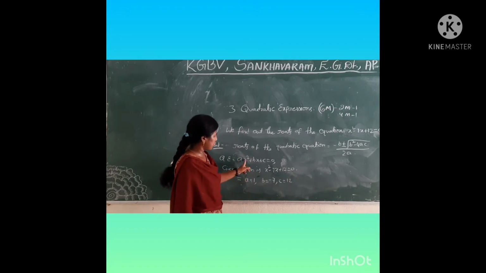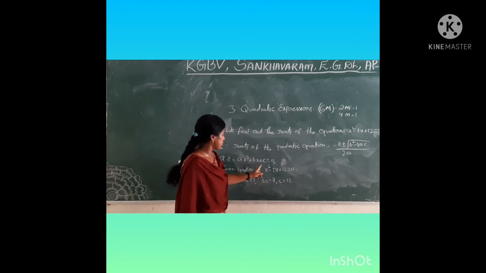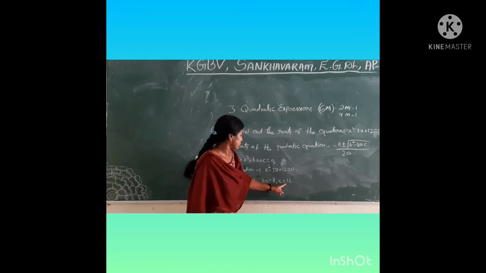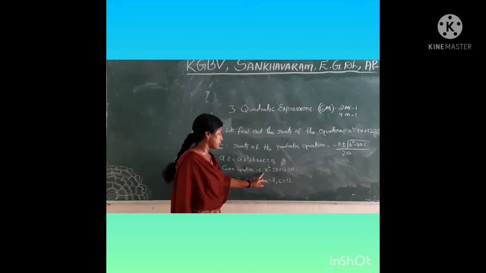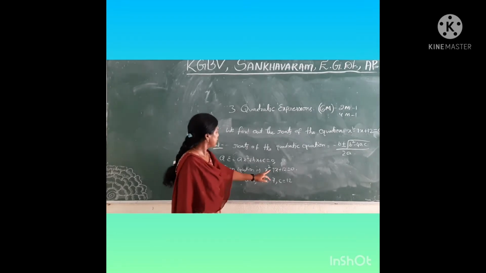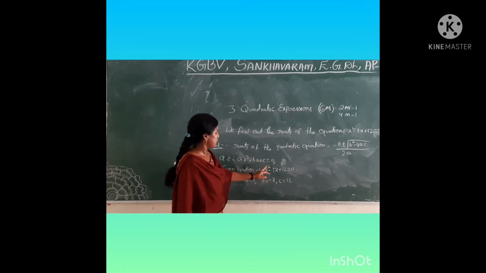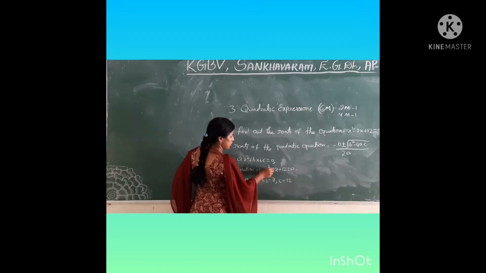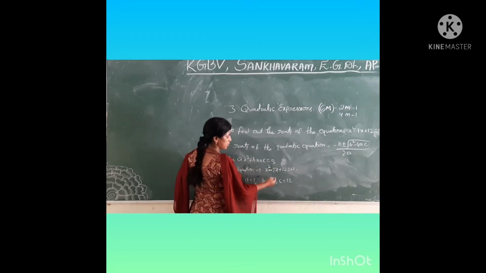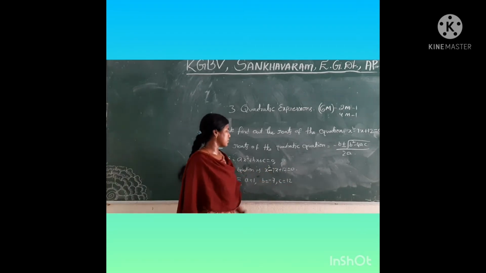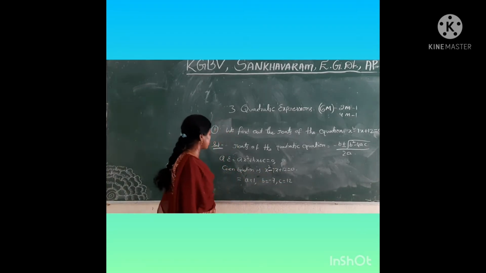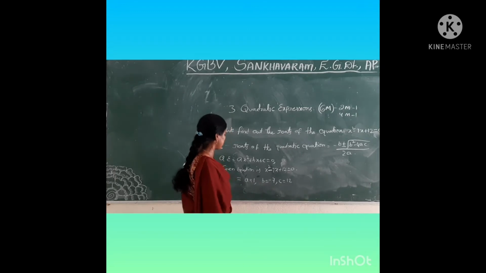A is equal to 1, b is equal to minus 7, and constant c is 12. Okay, the x square coefficient is a, so here a will be 1. Next, the x coefficient is b. In the general equation it is plus, but here it is a minus term, so we take b as minus 7, and the constant is c. Now we substitute into the quadratic equation formula for the roots.